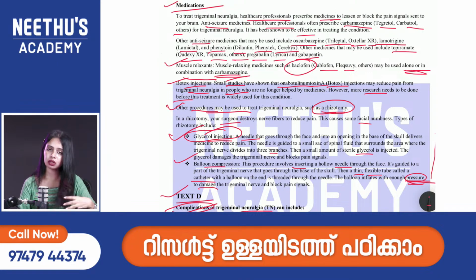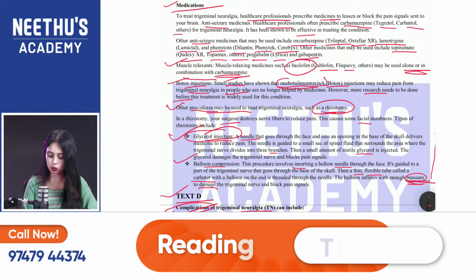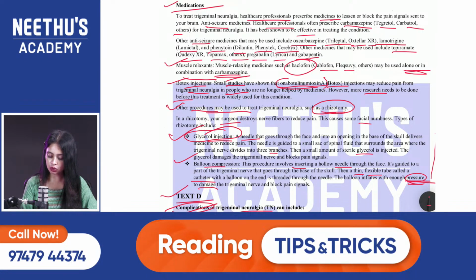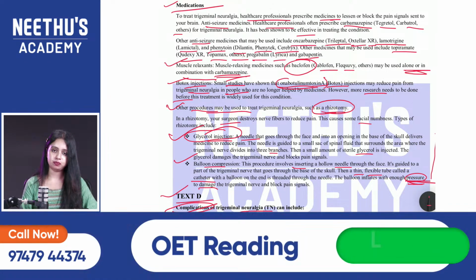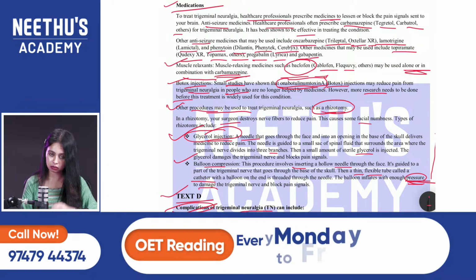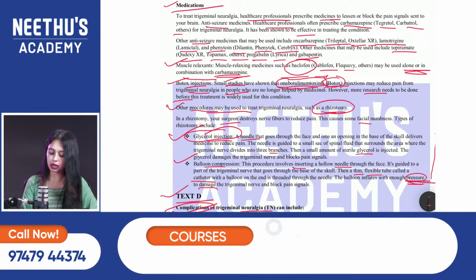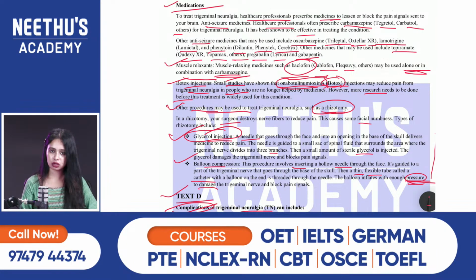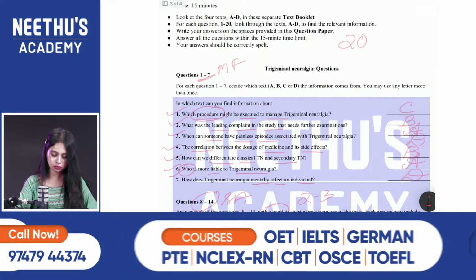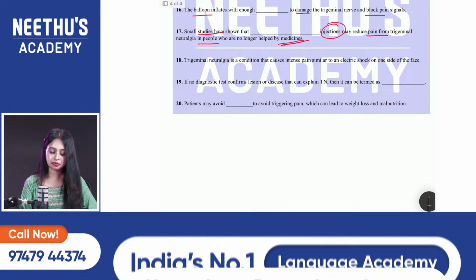Botox. Either you can write Botox there or you can write this particular lengthy word, onobotulinum toxin A. Okay, that is the answer. Either you can write the name of this medicine, this injection, or you can write Botox in brackets. Both are correct. Either one. Okay, so that's it.